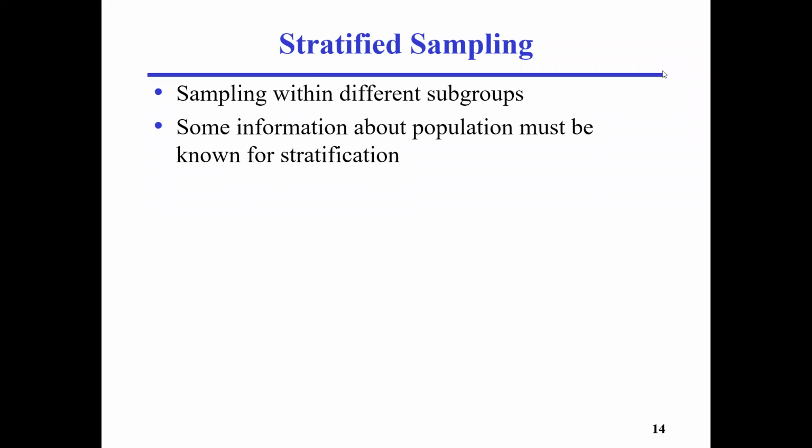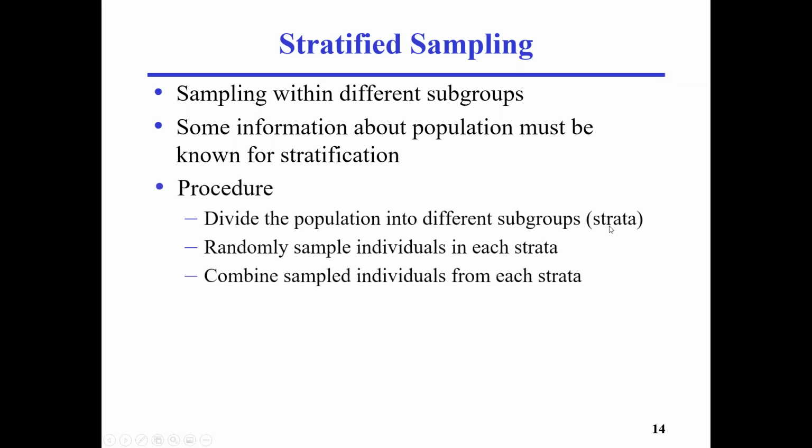Let's continue with the stratified sampling method. So, sampling with different subgroups, and some information about the population must be known for stratification, which means that we need to divide the population into different subgroups first. Okay, they're called strata, and we randomly sample individuals in each stratum and combine the sampled individuals from each stratum to establish